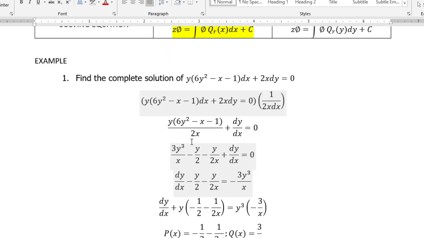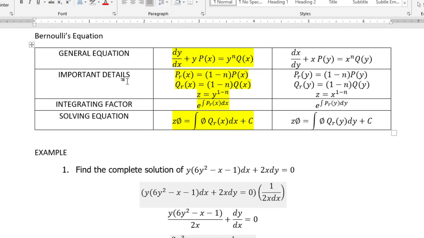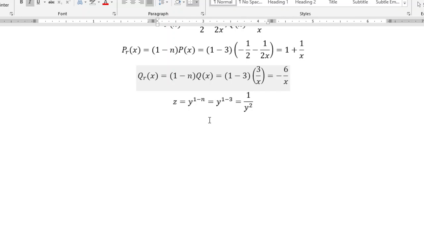So, nakuha na natin lahat ng important details. Then, kailangan na natin ng integrating factor. So, integrating factor,